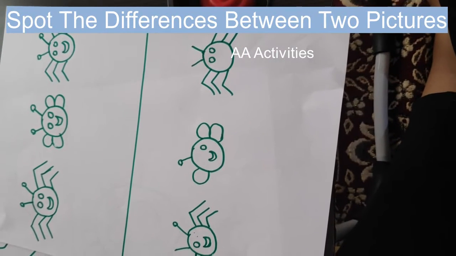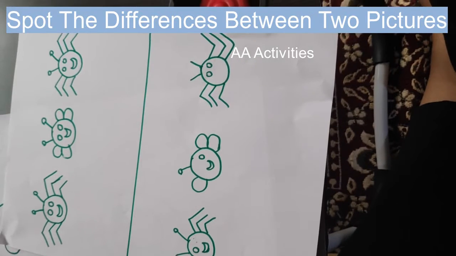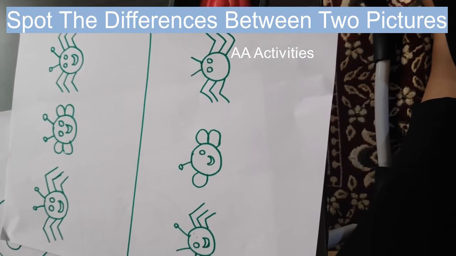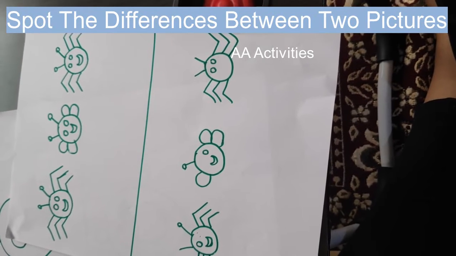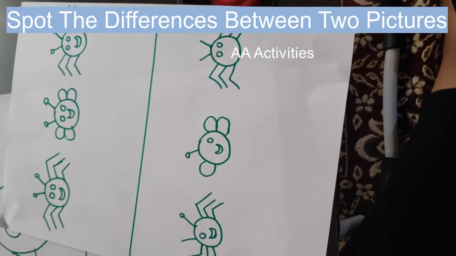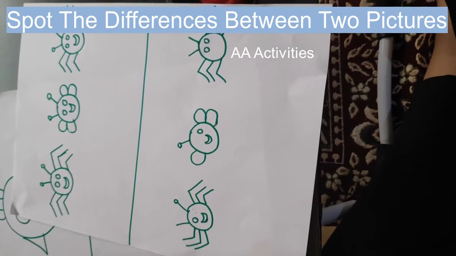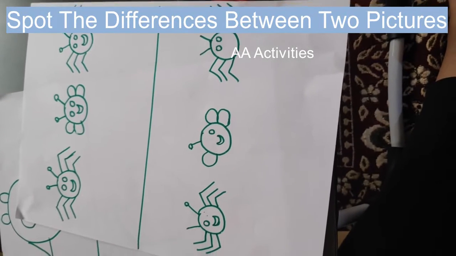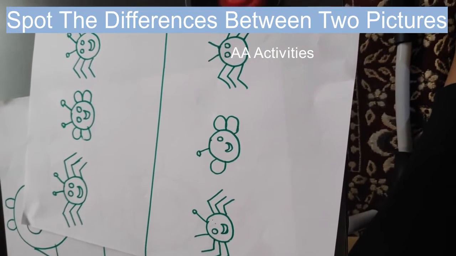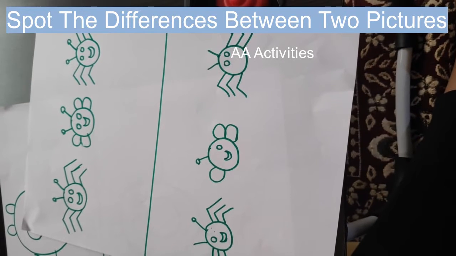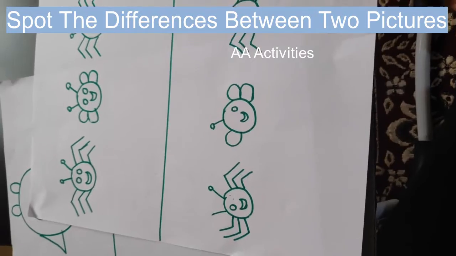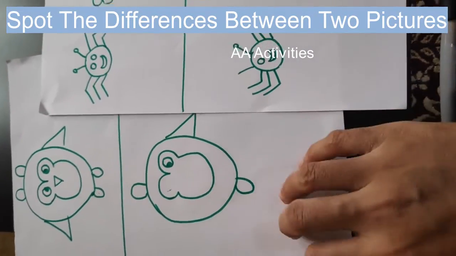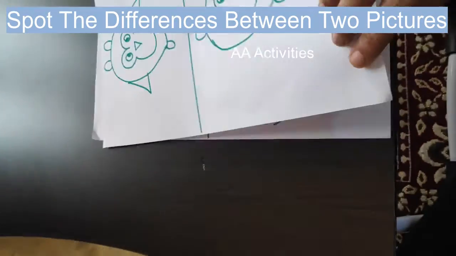To constantly reap the benefits, you are strongly advised to play the spot the differences game from time to time and escalate the level of difficulty gradually. For children at the beginning, we give them very basic images which they are familiar with and limit the differences, and then escalate the level of difficulty gradually. So here, let's see how the kid is doing.